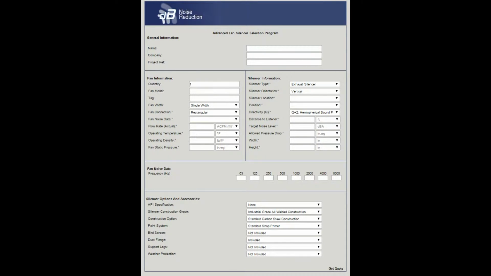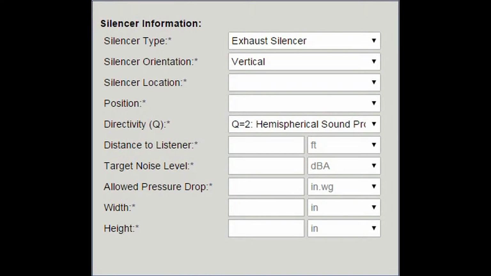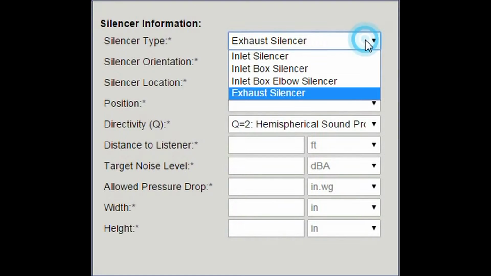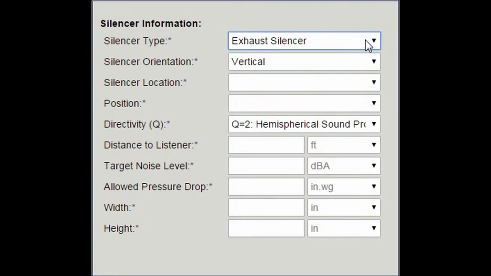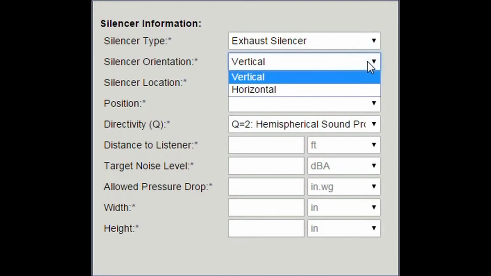Part 2 focuses on the silencer information and noise data section of the program. In this section, the first field is silencer type. Right now, we're offering 4 different types of silencers. Inlet silencer, inlet box silencer, which is a type of silencer that would sit on top of a fan inlet box, inlet box elbow silencer, which is a combination of fan, inlet box, and silencer, and finally we have exhaust silencer. The next field is silencer orientation, which is how the silencer will be installed, either in a vertical or